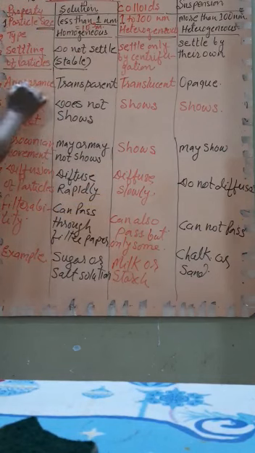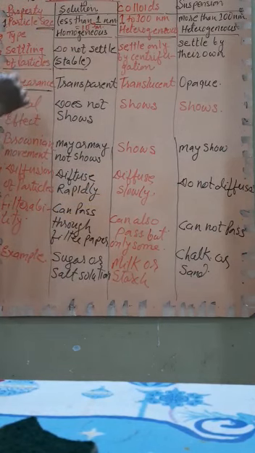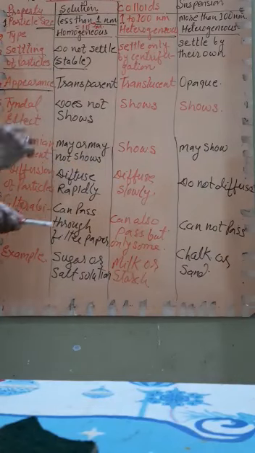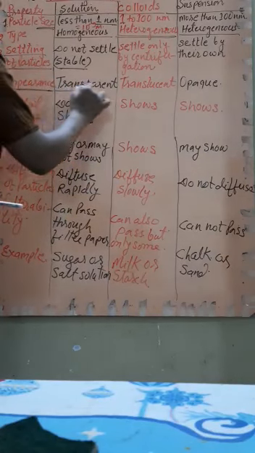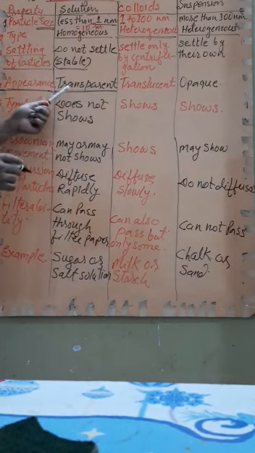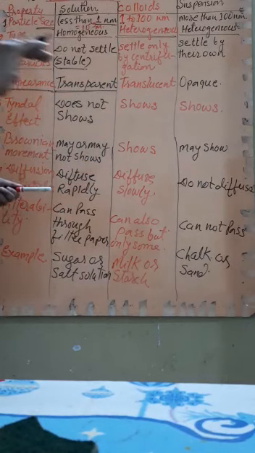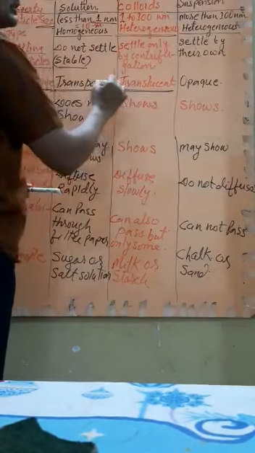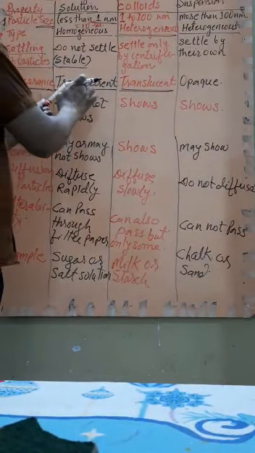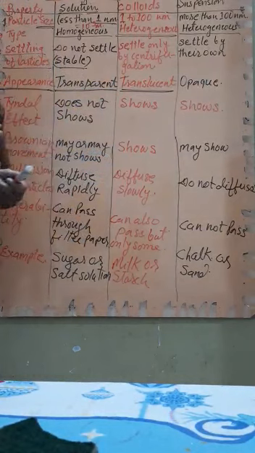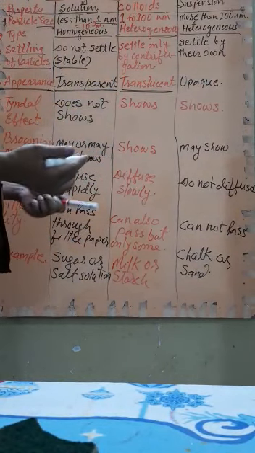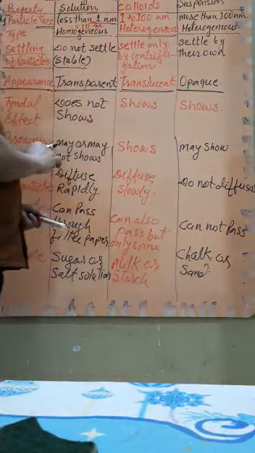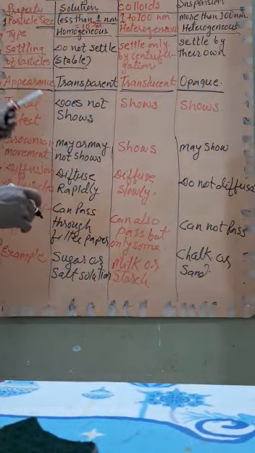Fourth one is appearance. Appearance means how they look, that is, how the vessel looks after dissolving the solid. Appearance: the homogeneous solution is transparent, that is, light can pass through it. While the colloid is translucent. Translucent means it is between transparent and opaque, that is, some of the light can pass but the other remains there. And the next one is opaque, that is, light cannot pass. This is called appearance.